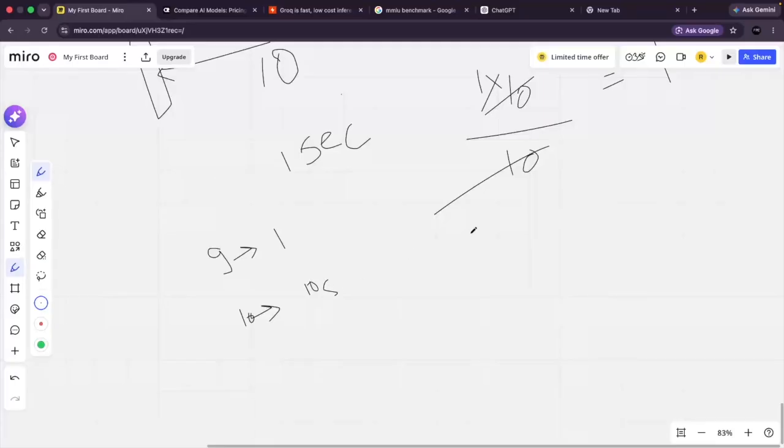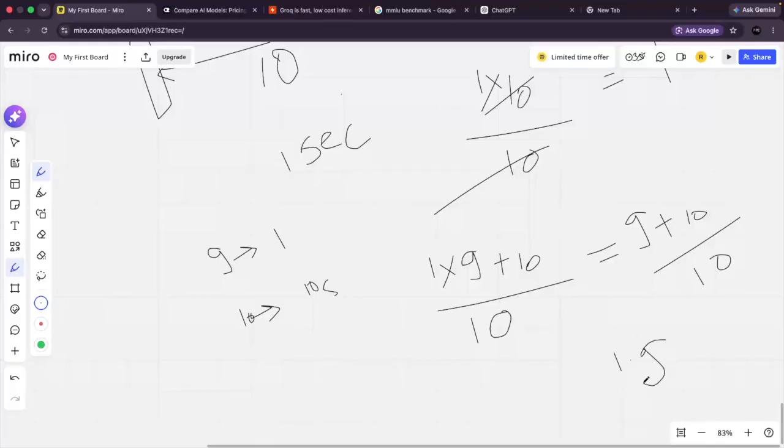Okay, again we would take the average: 1 into 9, because 1 second for 9 requests, plus 10, because the last request is taking 10 seconds. Divide by 10 because you have a total of 10 requests. So this will be 9 plus 10 divided by 10, which is